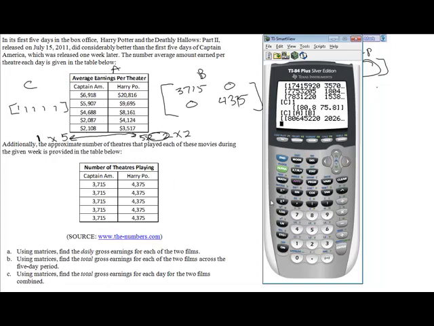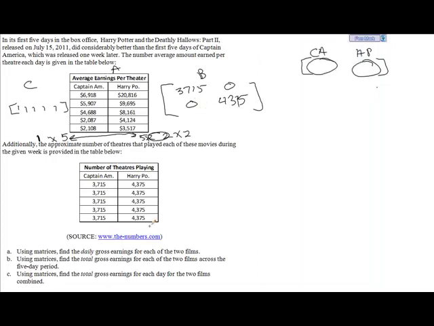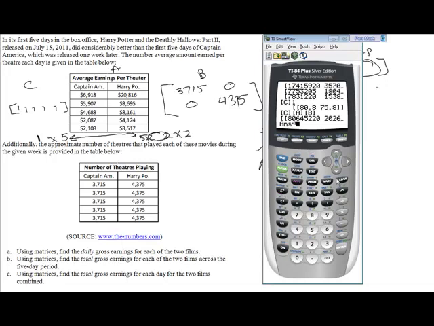for all these theaters. Okay, so we have that created. Next, what we want to do is, using matrices, find the total gross earnings for each day for the 2 films combined. Okay, so I know that if I do A times B, that'll give me the total revenue. We already know that. That's what we had calculated back in Part A. But now what do I want to do? That's just going to give me, type in A times B, second matrix B. So there are my totals, and I just want to add all the row values together, but